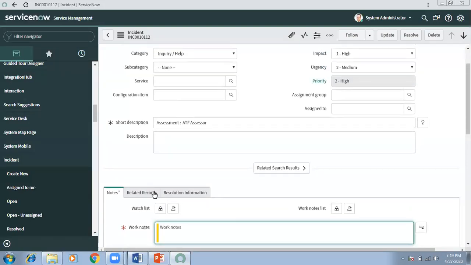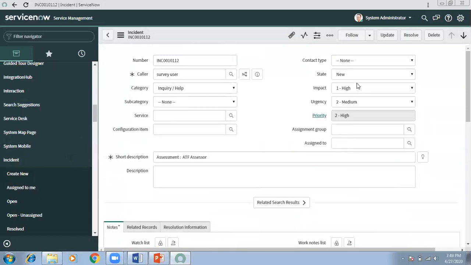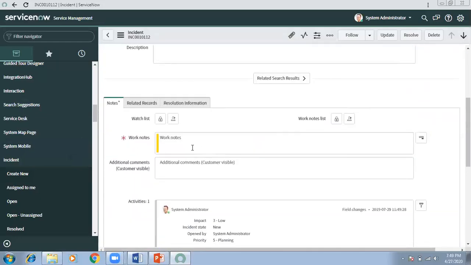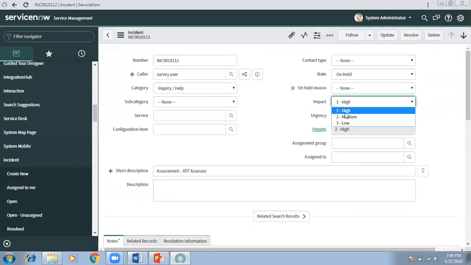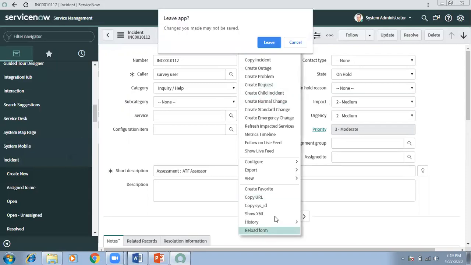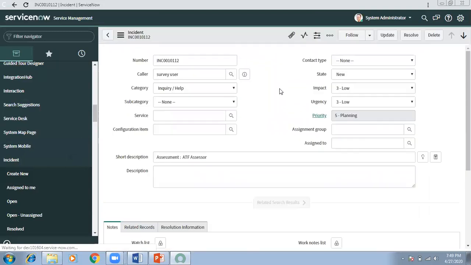Even if the user just opened the form and only wanted to change the state, he would need to put the comment, and that was not the requirement, right? So you need to choose the correct type of configuration. In this case, we need to write onChange. Another example, if you see here, let me reload again.